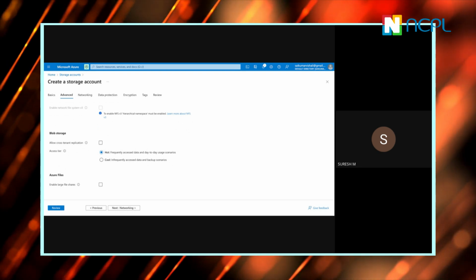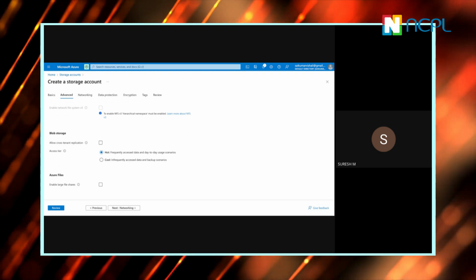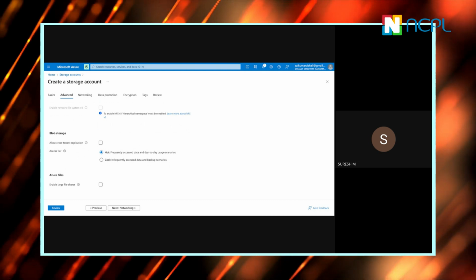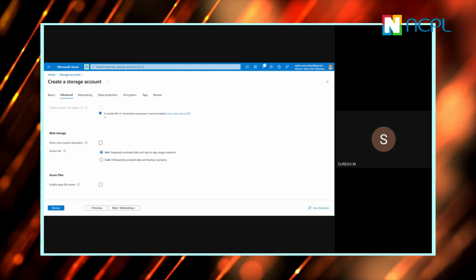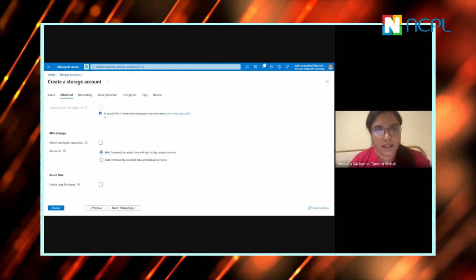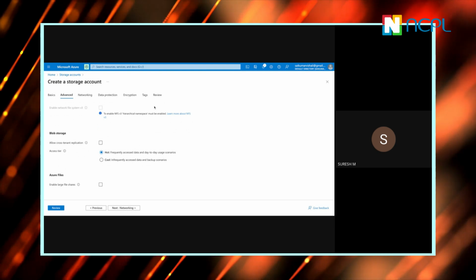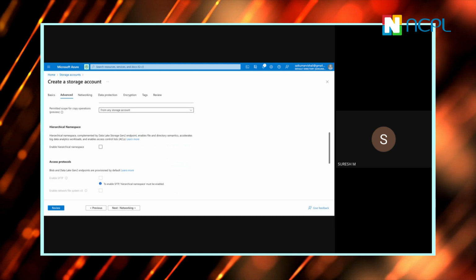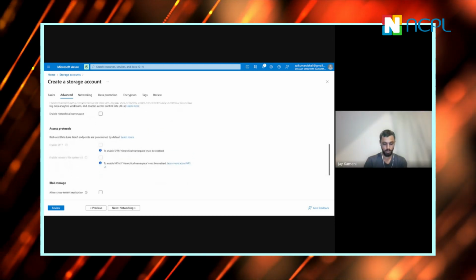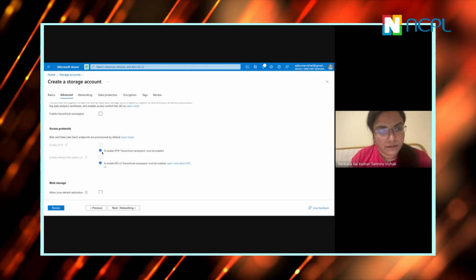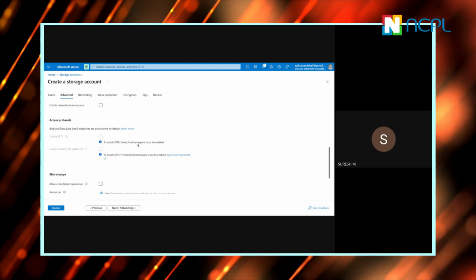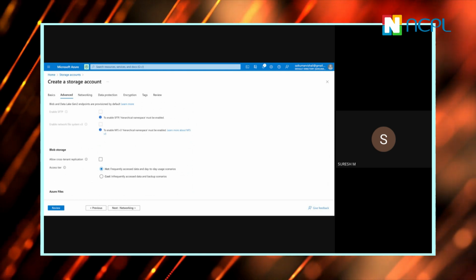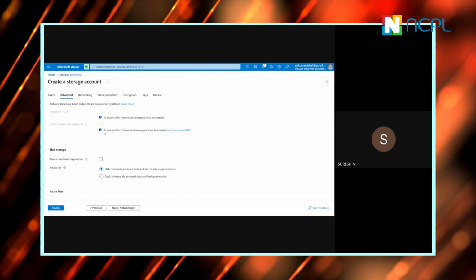Go to networking, data protection, encryption. No need to touch any of the options. Everything can be default. You can just create a blob storage account. You already created a data lake storage account. Yeah, data lake we created. Just review and create it. Makes sense? Understood? What is the difference? Yes, sir. So do we have to select anything here? No, don't touch anything. We'll talk about these things in detail when it is really required. That's the reason I'm not touching it. Review and create it. Okay.